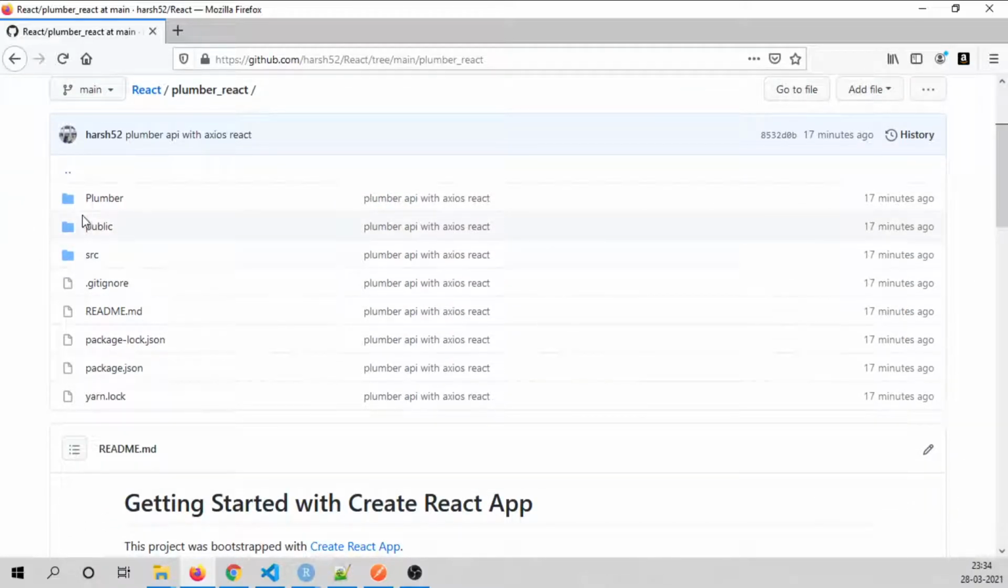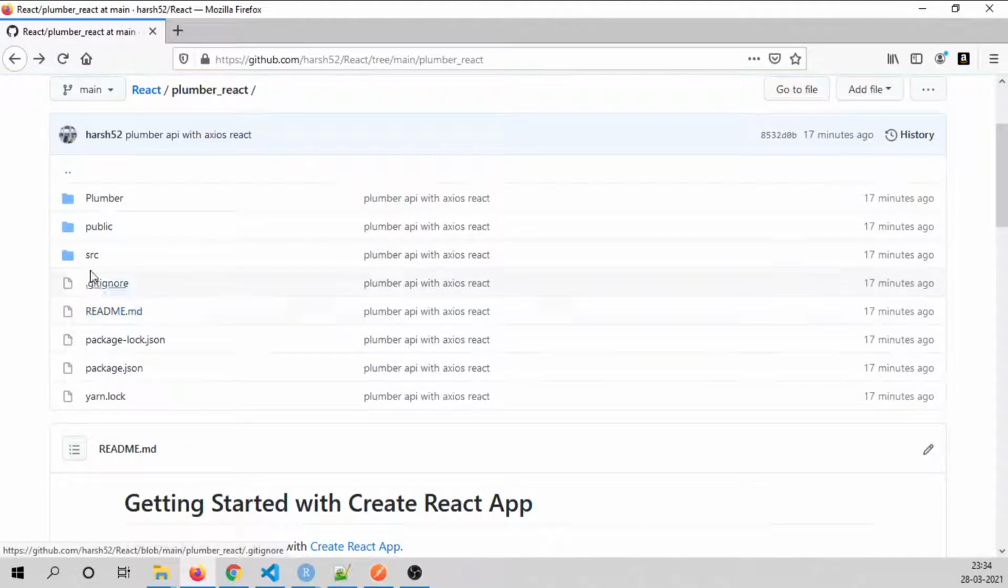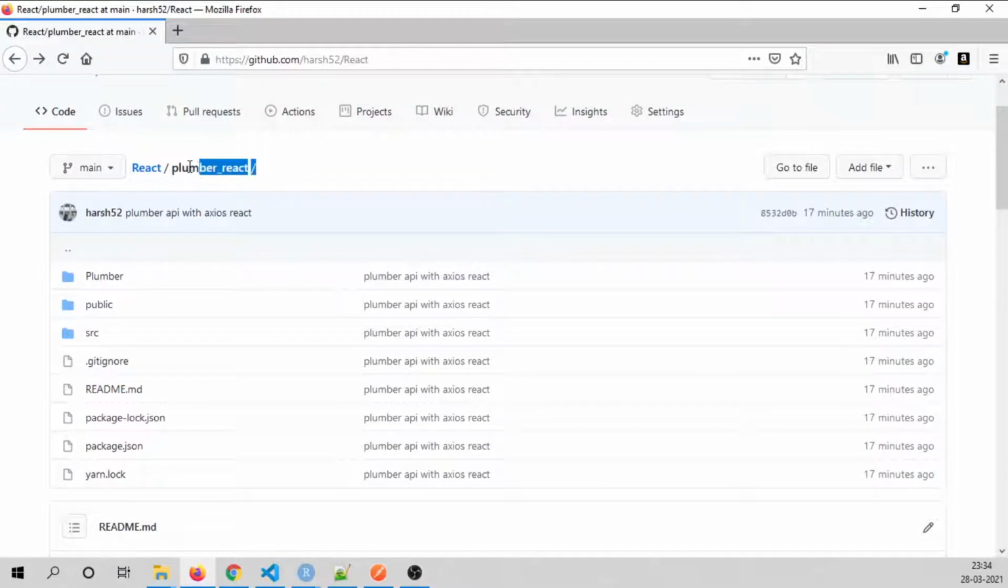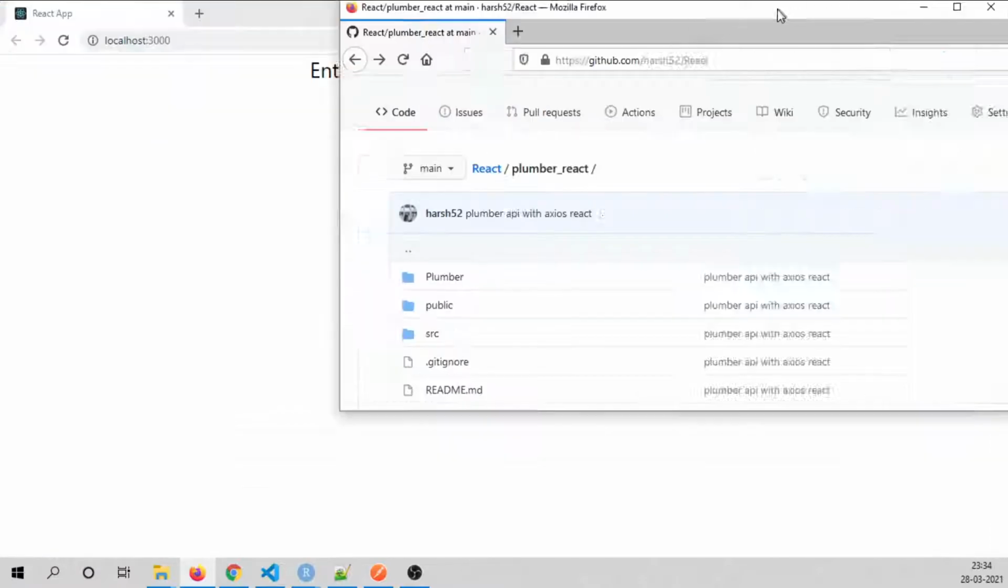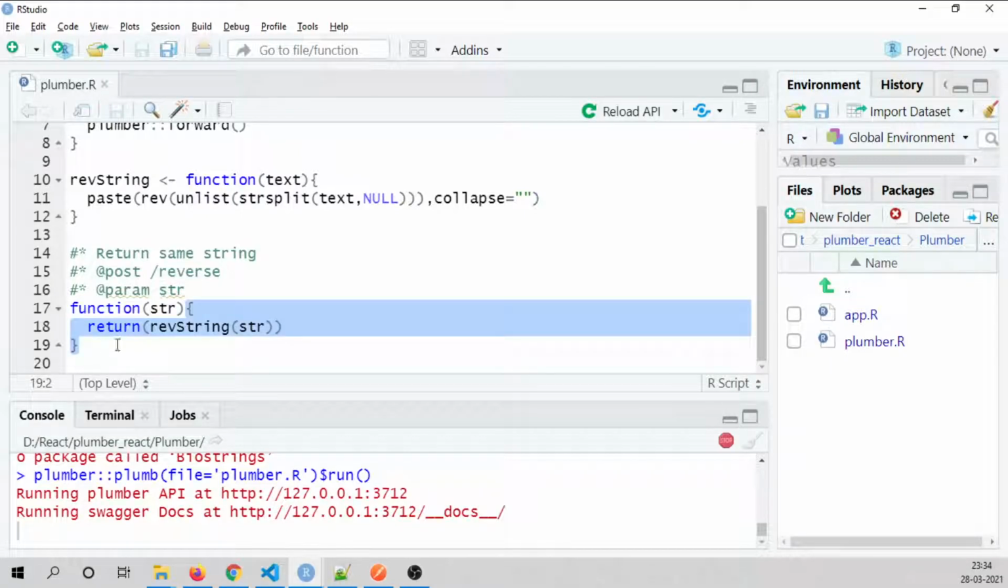So here we have the Plumber file, which is the R programming, and the source file, which is the React file here itself, all those things. So yes, this is all about the code, where you can clone this repo and practice on your computer itself. Let me clear my screen. So yes, we were here, in which our API is currently running at the localhost 3712,